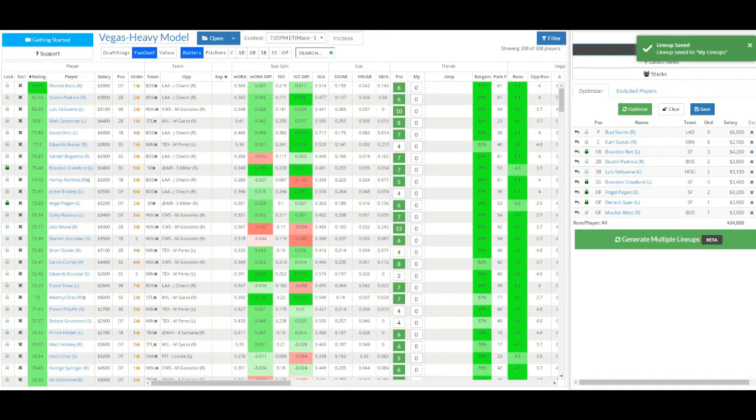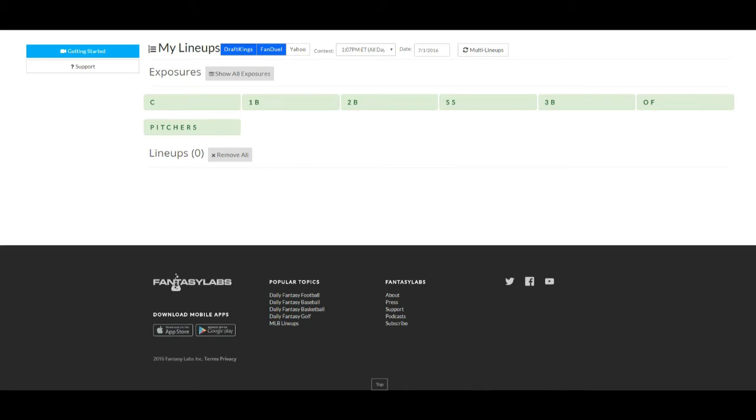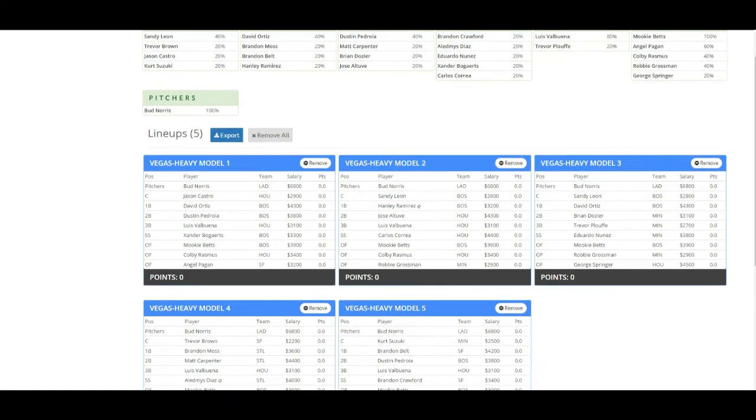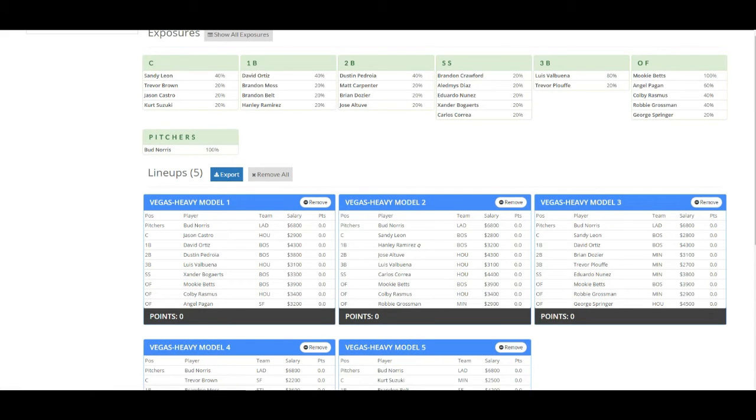So now we can just click the My Lineups page where all these lineups are saved. So you can go to MLB and scroll down to the My Lineups page where we can check out our lineups and look at exposures. So you just click FanDuel and go to the main slate, which is where we created the teams. And I did count correctly. We do have 5 lineups, 5 different stacks for the 5 teams that are the most favorable based on the Vegas heavy model, and we optimized the rest. So all you have to do here is click the export button, and you can see it